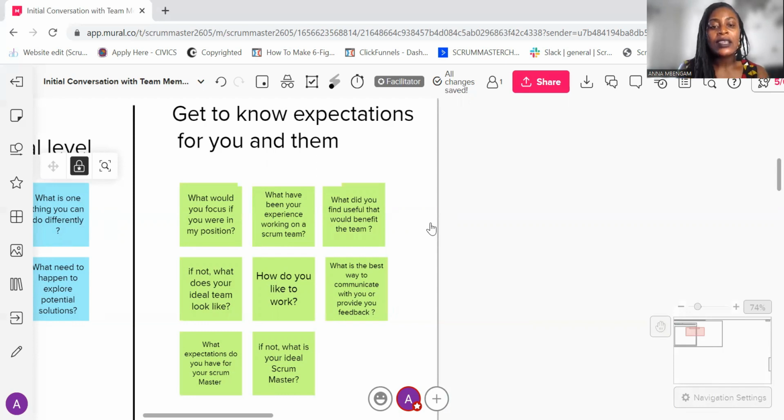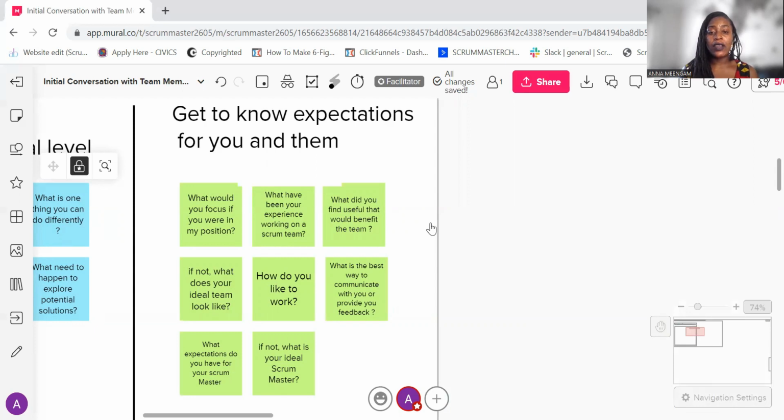I keep saying this. So what expectation do you have for your new Scrum Master? What expectation do you have for me? I am here. I always tell the team, I'm here for you. I want to make sure that we're aligned, on the same page and speaking the same language. So whatever it is that I can do, within my capability, I'll do that. At the same time, I want to make sure that people bring their true self to work, right? That's my number one goal.